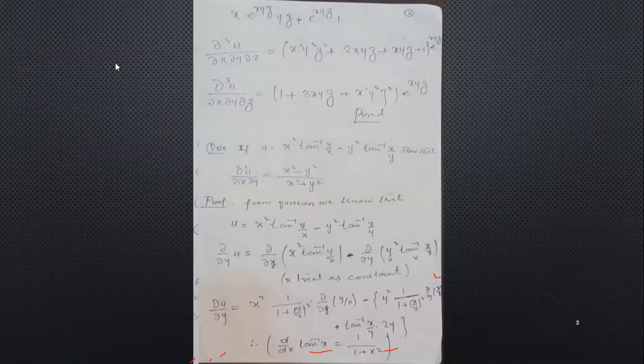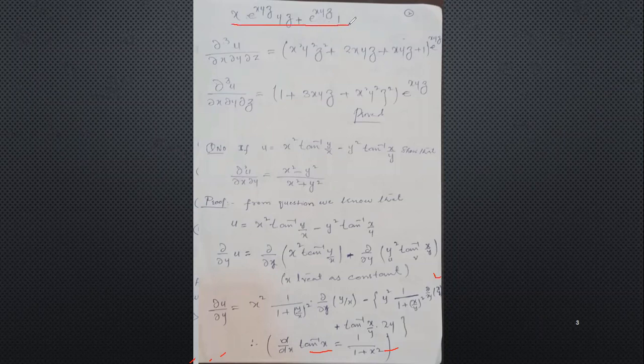So we have simplified the term by the u into v formula. We got this term: x e power xyz into yz plus e power xyz into 1. When we take e power xyz common, after that